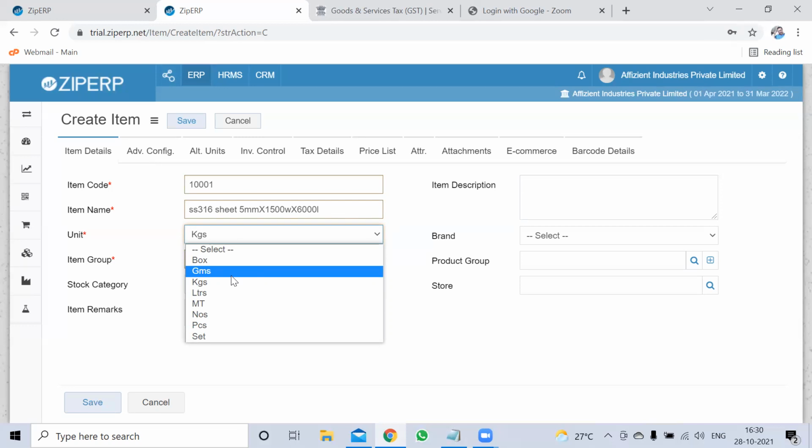What is your purchase unit basically, sir? It is in kgs only.